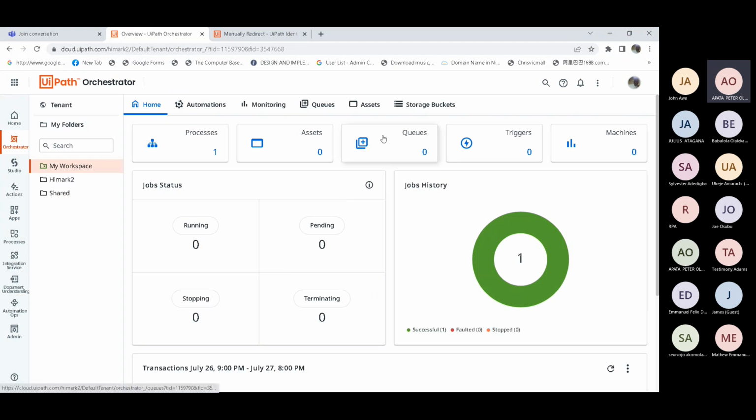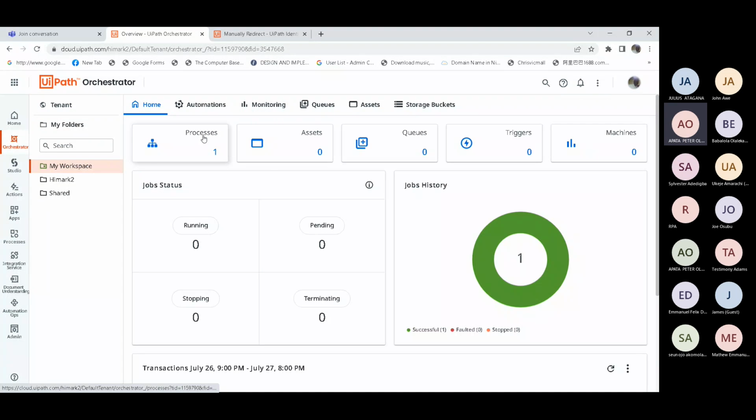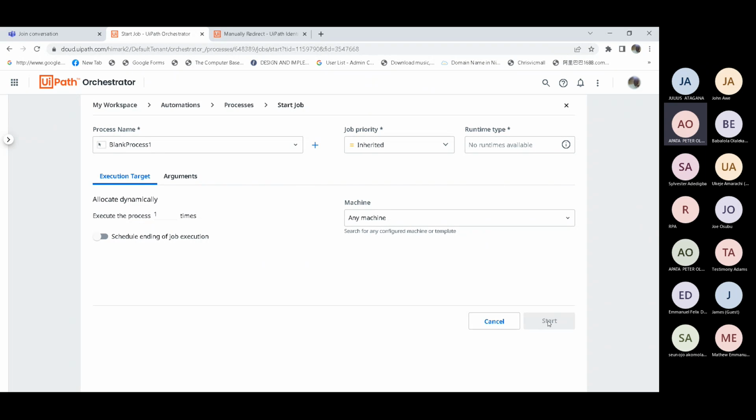I want to quickly ask something. It seems the package you uploaded is not showing in the packages. No, we have executed that from the Assistant, so you will not see it in the packages there. The only thing you can do now is go to the process again and execute it. I think it's in the workspace. Click on workspace, then click on the process and execute. Click on run.